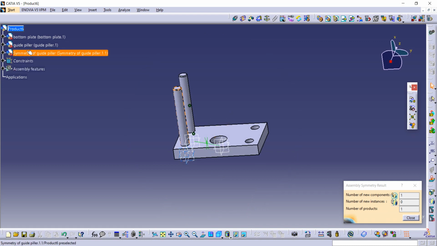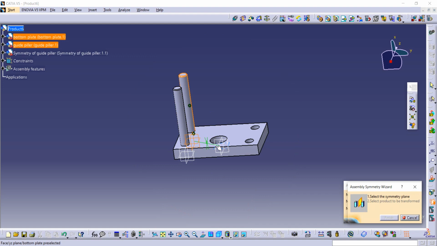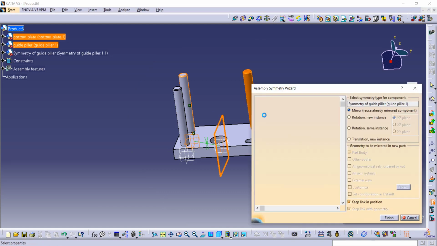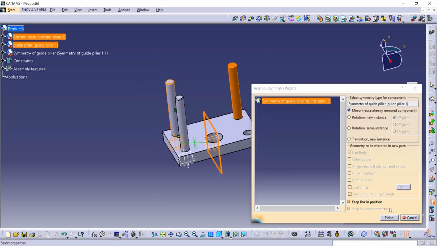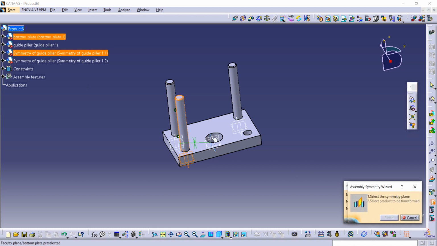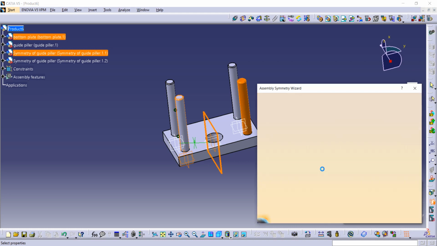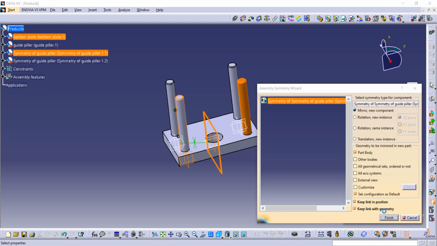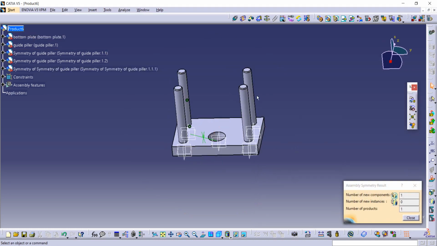Now similarly select pillar, then go on symmetry, select the plane on which you want to mirror it and finish. Similarly, I am selecting this pillar now from this tree, and then symmetry, I am selecting plane and then finish.